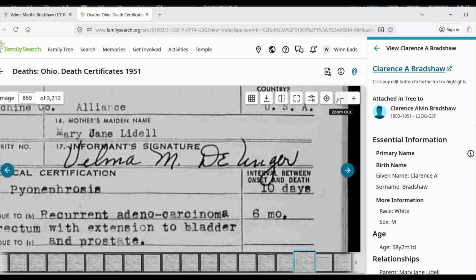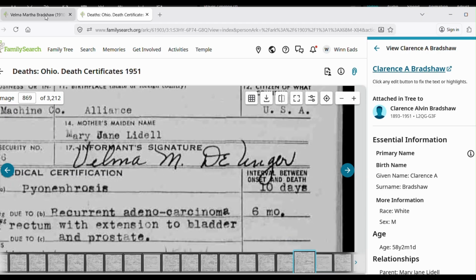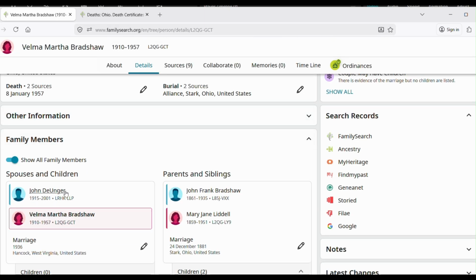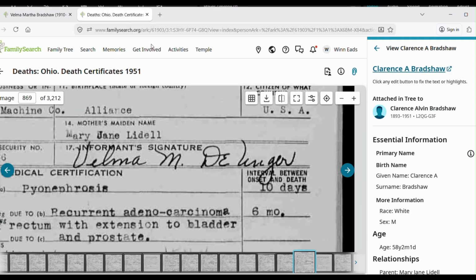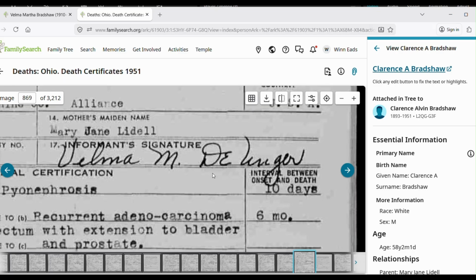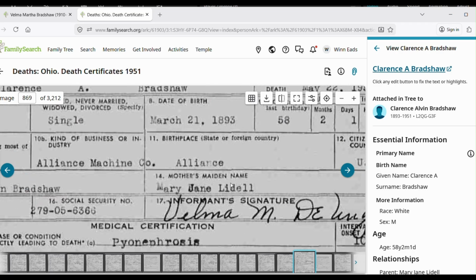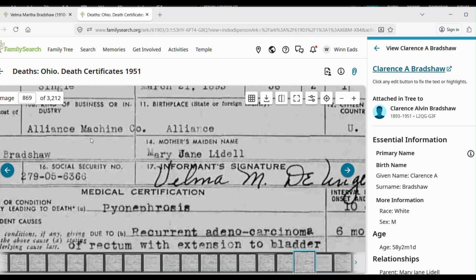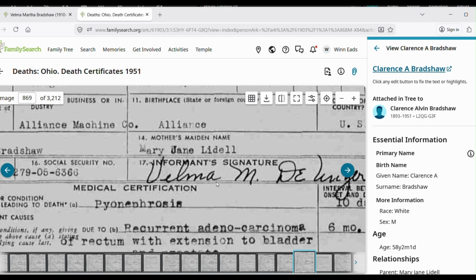So here is Martha's Page, married to John DeYounger. That is her, the one we were looking at. And there's the proof right there. There's Mary Jane Liddell and John Bradshaw and Sister Velma DeYounger. I was so excited.